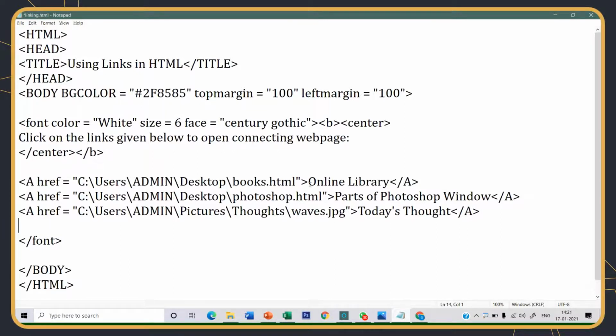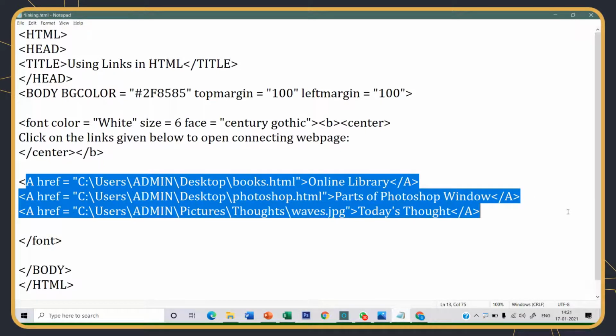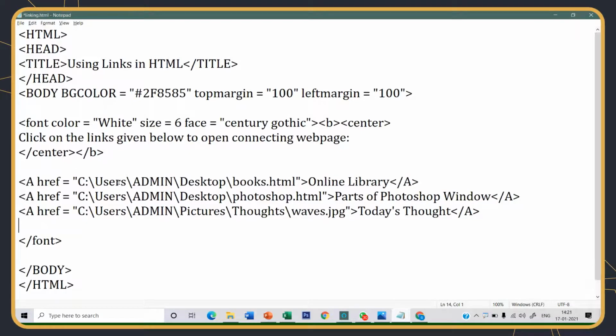You can click on any other link also, so that links appear in a different color other than the text that we had typed. Then we can define the color of these links by giving the attributes in the body tag: link, alink and vlink. We will discuss that in detail in another class. Suppose I'm closing the font tag, it will close this size and face. These two attributes do apply to these links.